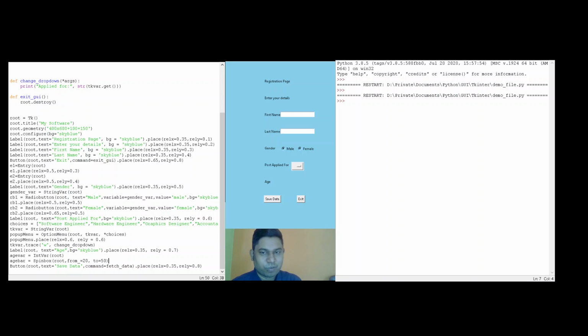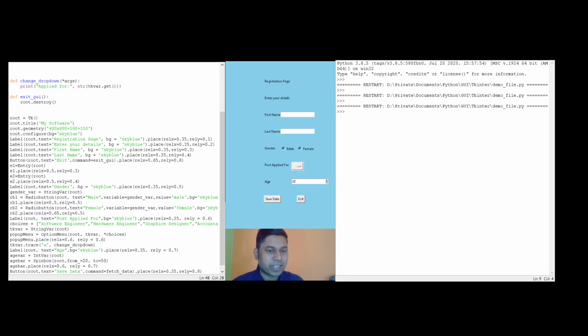And now what we need to do is we need to place this widget, and I'll place it in the same horizontal line as my age. Let me run this. So here you can see the spin box has come. So if I press the down arrow, nothing happens because my age limit is set to 20.